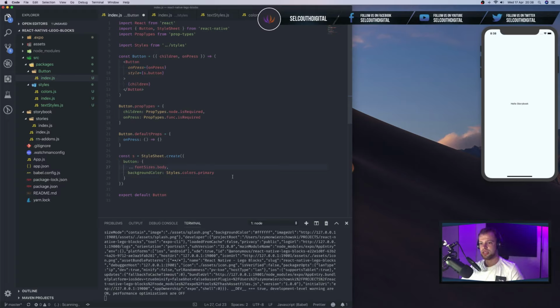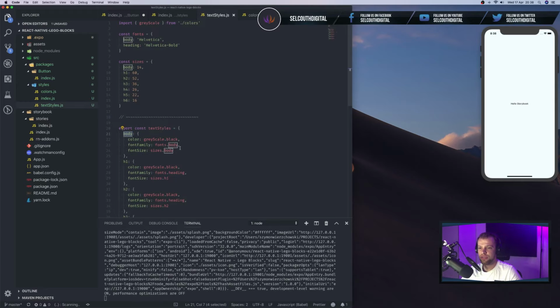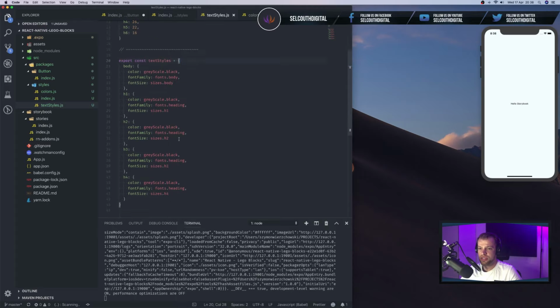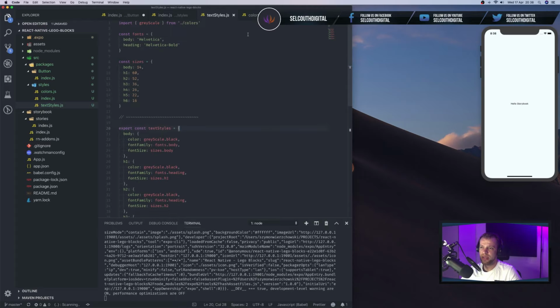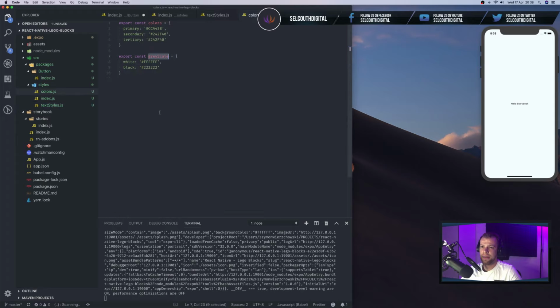So this is how you could make the code reusable and have your styles organized in a way right here, and your color palettes